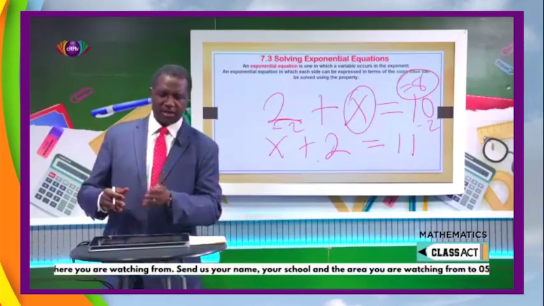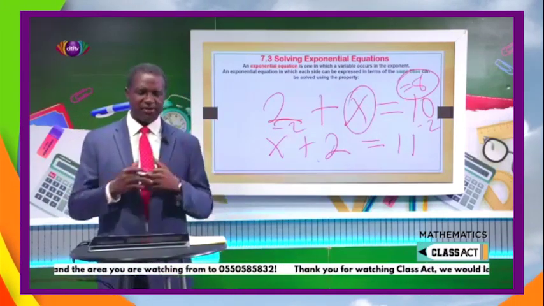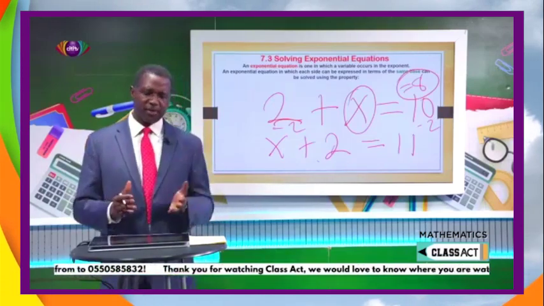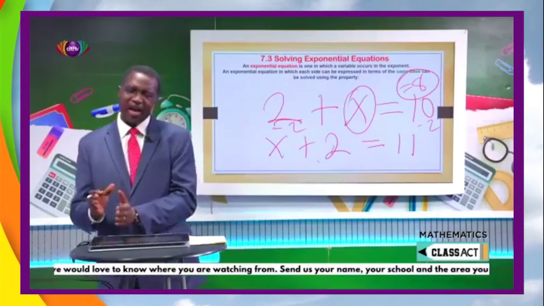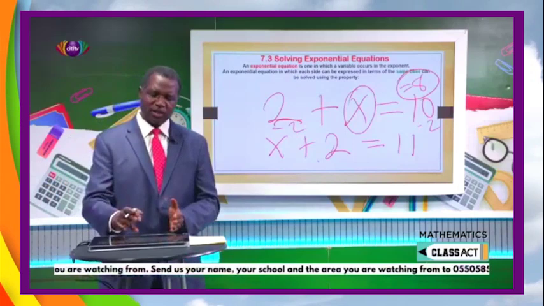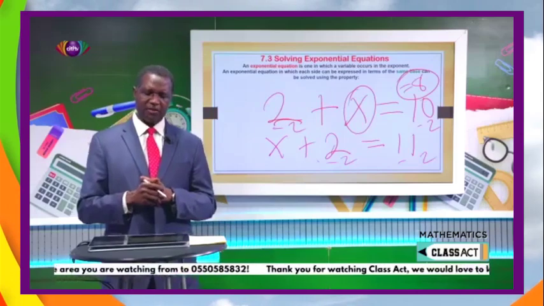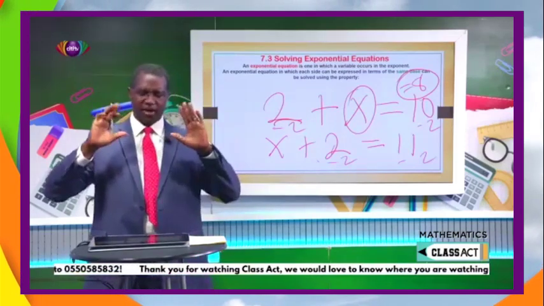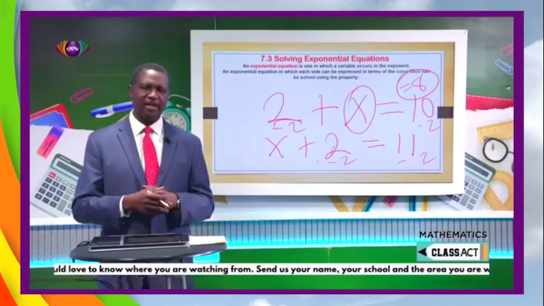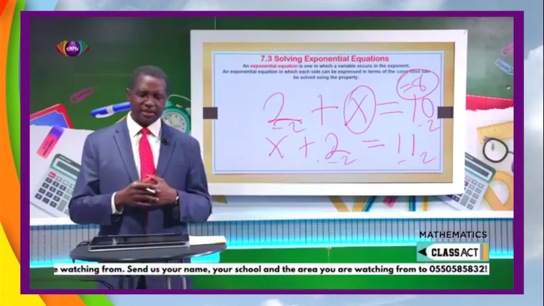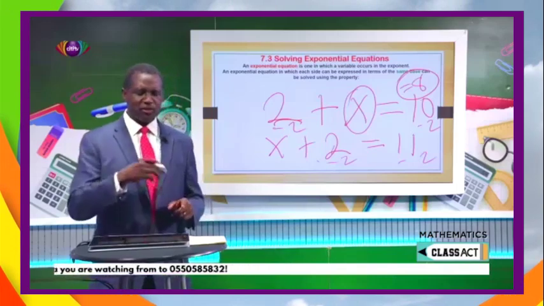I take 2 away from the left-hand side. I now have x standing by itself. And since x is standing by itself, I'm free. I have x on the left-hand side. Then since I have to do the same thing to the right, I'm going to take 2 also away from 11, and 11 minus 2, based on my understanding of arithmetic, will give me 9. So x therefore equals 9. If I want to check to make sure I'm right, all that I need to do, wherever I find x, I'm going to put there 9, and I know 9 plus 2